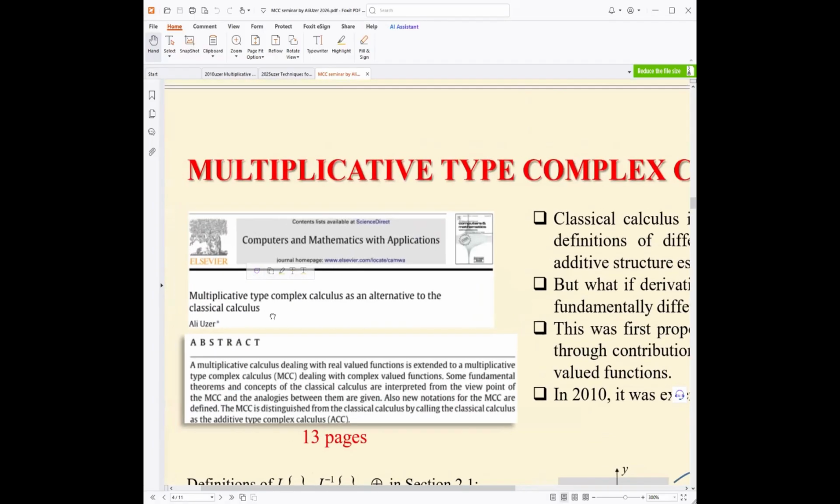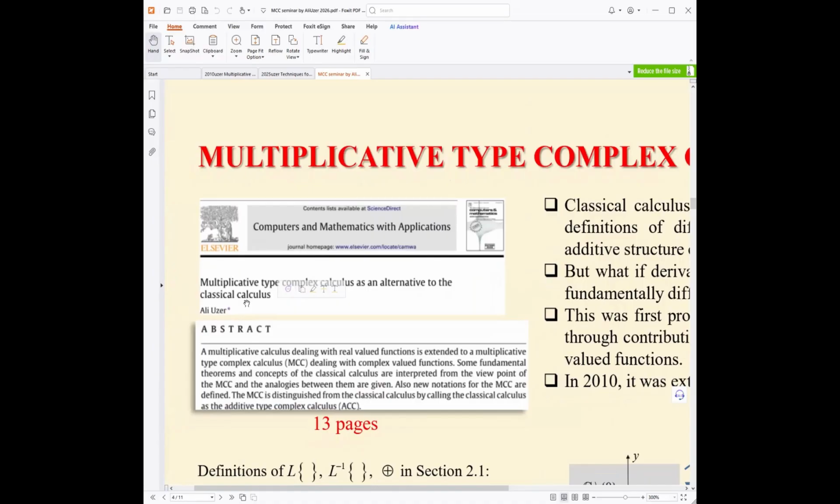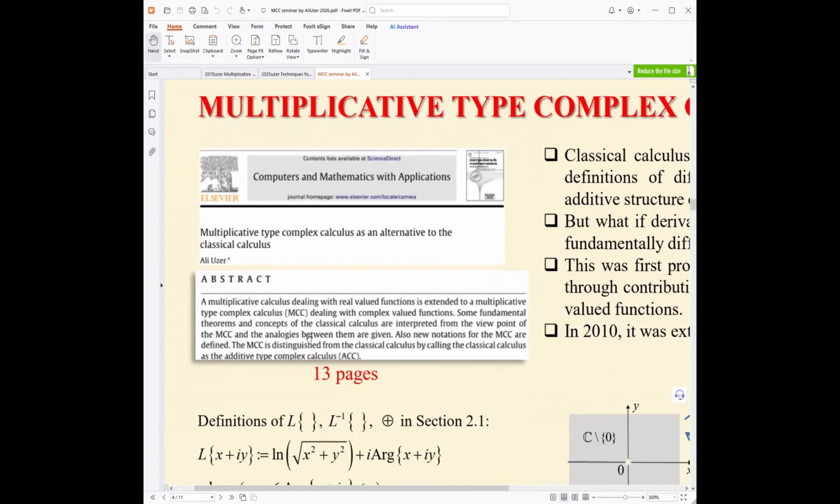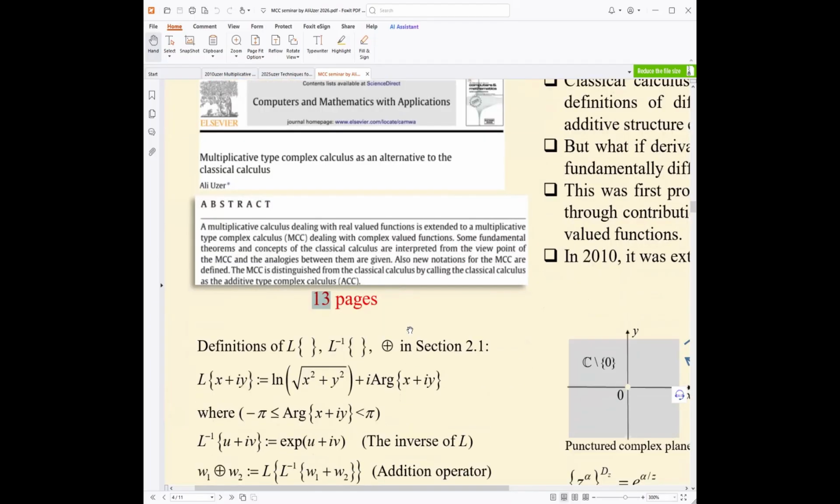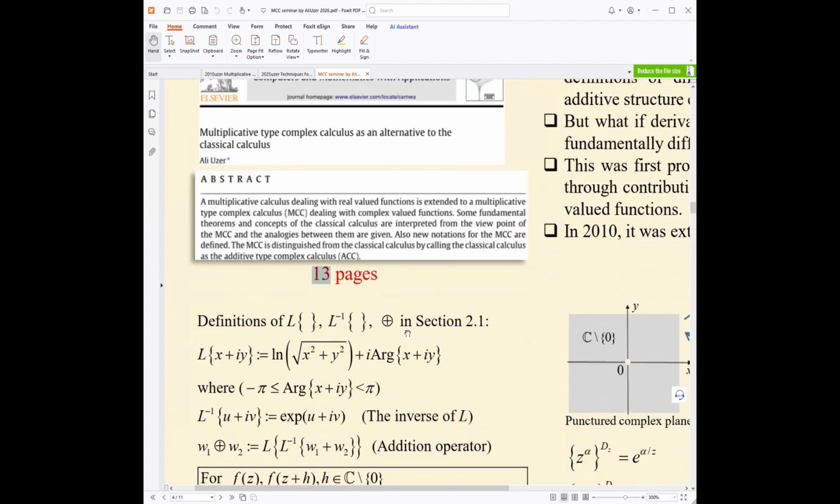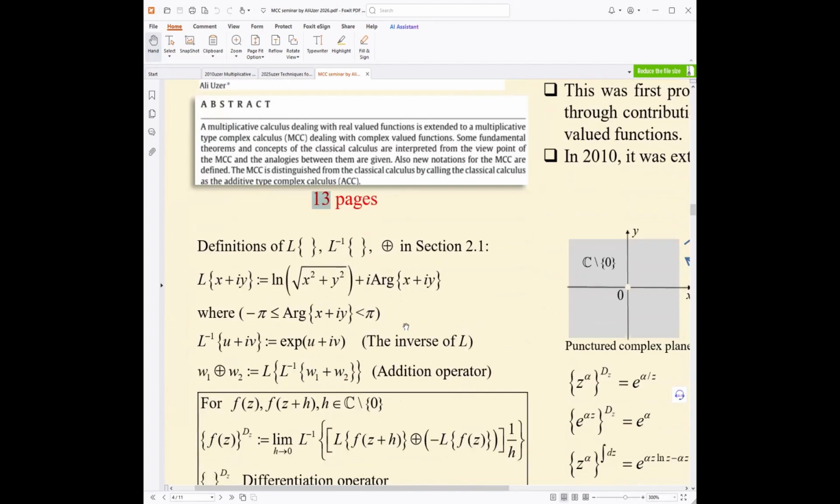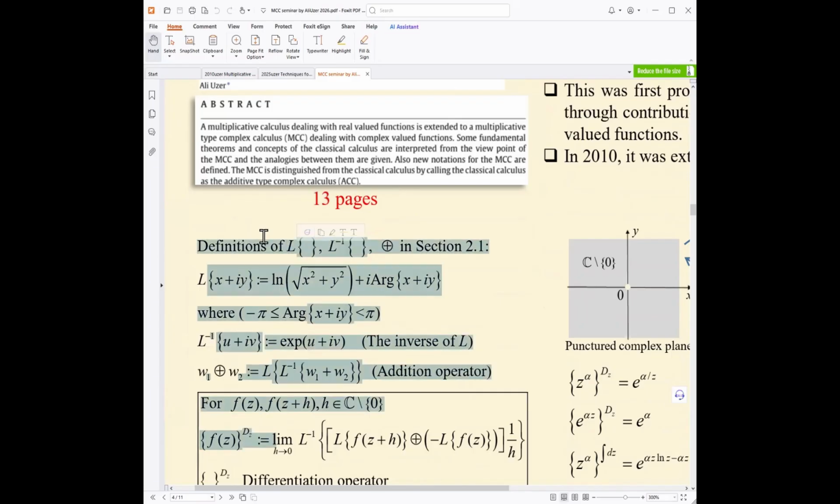Multiplicative type complex calculus as an alternative to the classical calculus, published in 2010. And it is 13 pages. It's not possible to discuss all issues of this paper here. It's very lengthy. I recommend you to read these pages. Before starting a definition, before establishing a calculus, in the initial sections of this paper, I defined two operators,